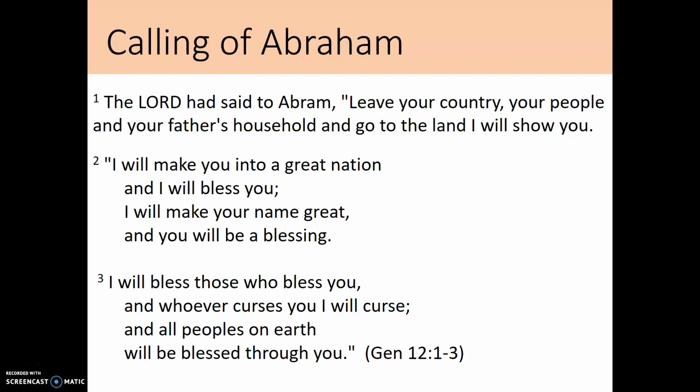The calling of Abraham is one of the most important texts here in Genesis. In Genesis 12 it says, "The Lord had said to Abram, 'Leave your country, your people, and your father's household, and go to a land I will show you.'" And then he repeats this promise that he's going to make. And we're going to talk about that in the next video, because it's about time to